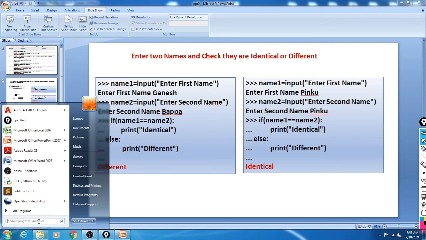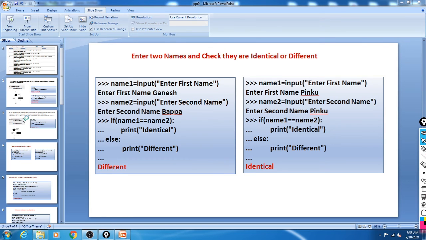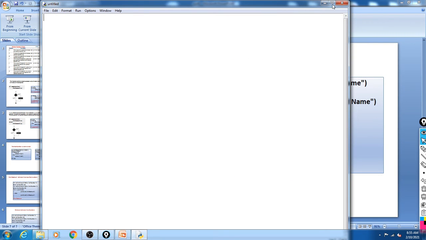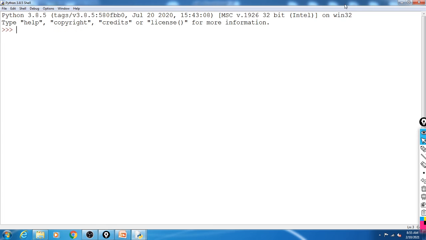So look here, we can start by using Python. Two environments are there. The first environment is like this, and second, we can get the Python prompt directly. By using these two environments we can run a Python script. We will see the first one, this integrated environment of Python. When we start this, you will get this screen, the Python shell. So you will get the Python prompt here.